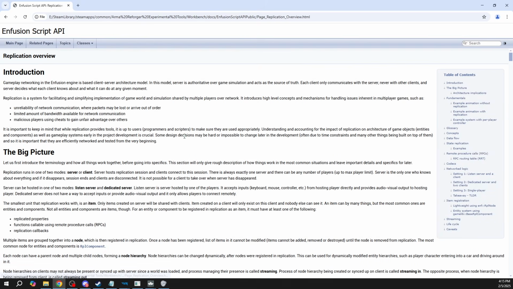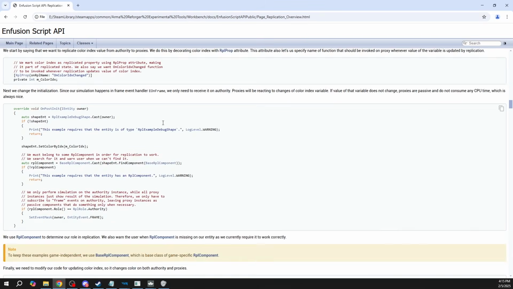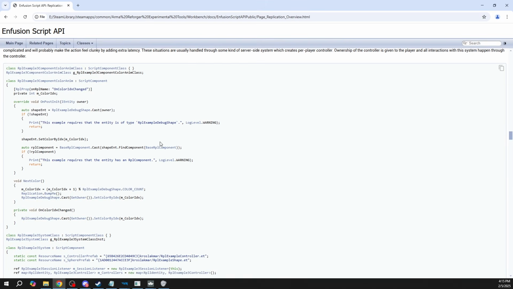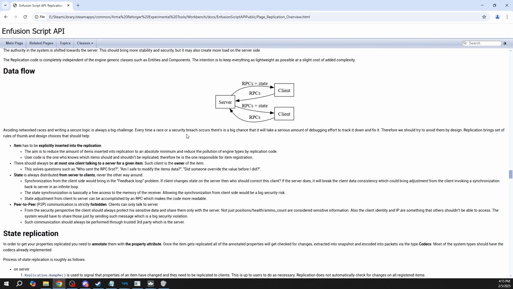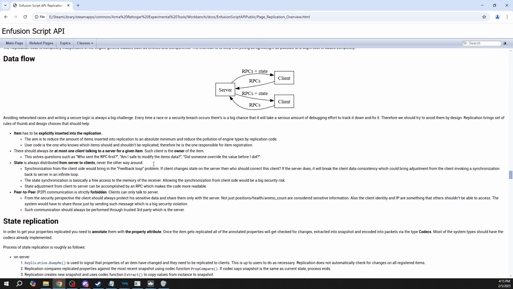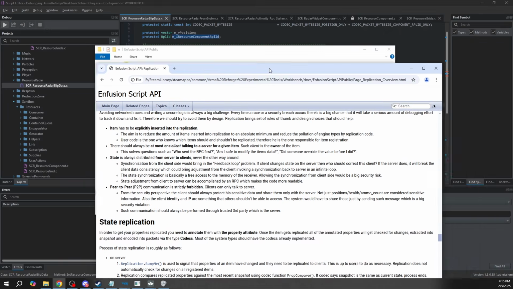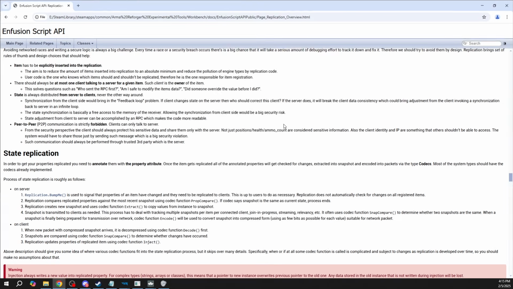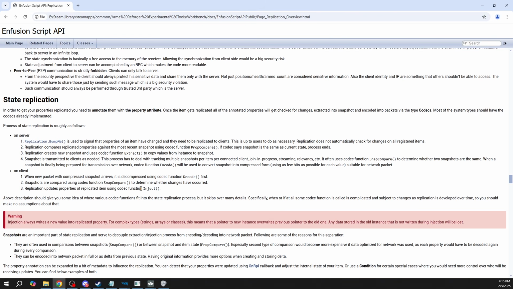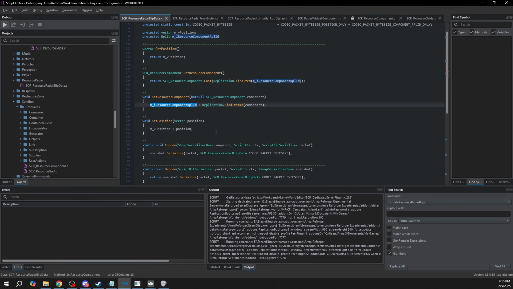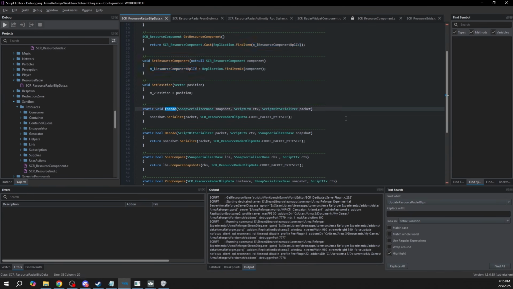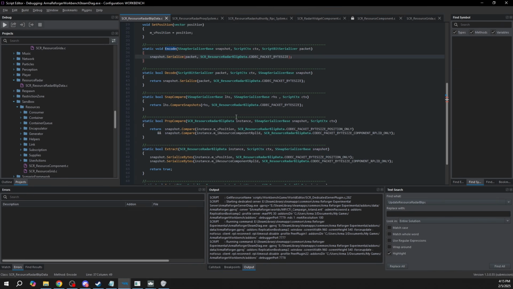So if we go into some replication overview, you have all this code, you can go over it yourself. There is not only replication. I want to remind everyone that there are also other docs. But what's the most important is that we need to understand how we can send our custom class over the network. So for that we have typical